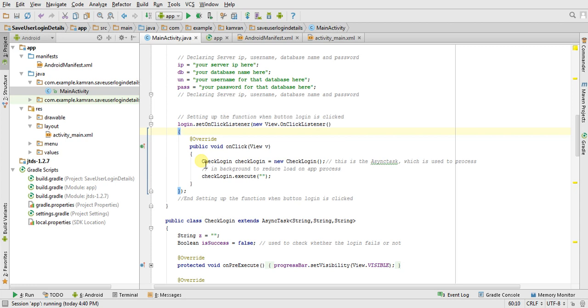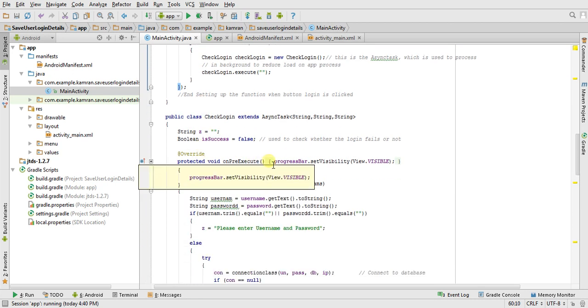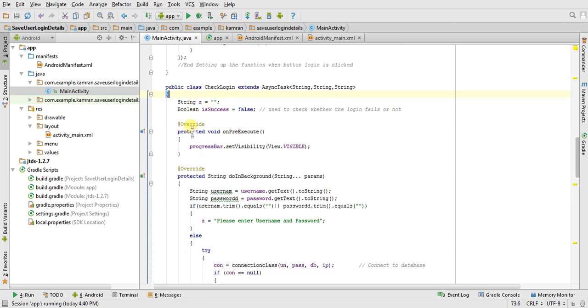The first one is the onPreExecute method, the second one is the doInBackground method, and the third one is the onPostExecute method. In the onPreExecute method I have set the visibility of the progress bar. After clicking the button, the visibility of the progress bar will be enabled.